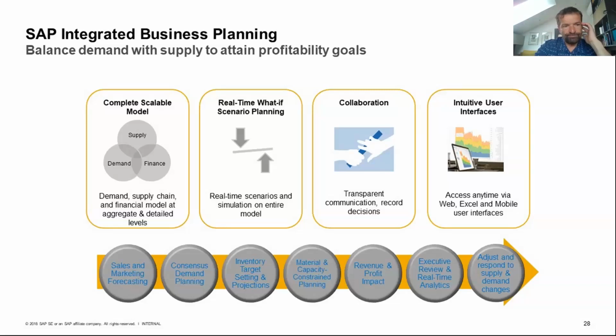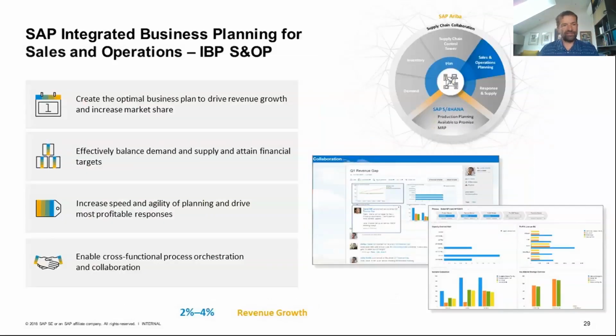Now I'm coming to the structure. IBP as a platform is structured from five components, and each component is specific for something, I will tell, but the one which is most important, and which most of the customers, let's say 60–70% of the customers, are starting with, is the so-called SAP Integrated Business Planning for Sales and Operations, S&OP. Because in these components you are getting supply planning, you are getting demand planning, you are getting all the environment which is needed for